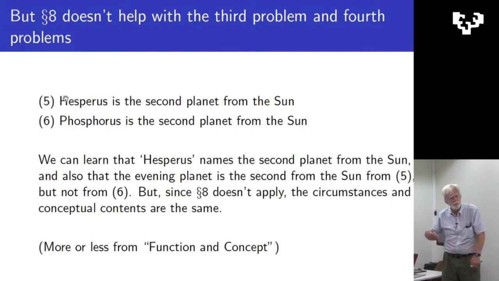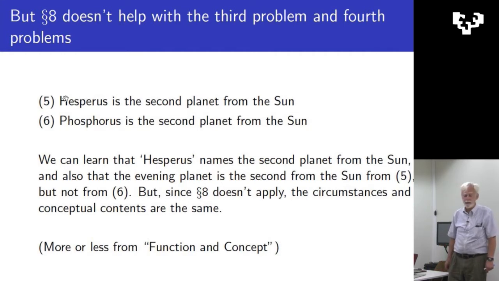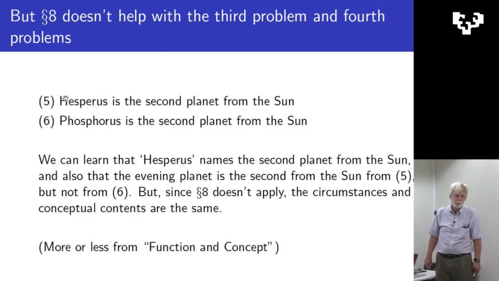And then if you know the senses of those, you can learn astronomical facts, and you haven't met this famous earth-shattering Babylonian astronomer yet, so you don't know that Hesperus is phosphorus. You can learn something from 5, namely that the first planet in the night sky is the second planet from the sun, that you can't learn from 6, and something from 6, namely that the last planet to disappear from the morning sky is the second planet from the sun. Now, if you learn them both, you could use logic to deduce. But anyway, so that's a problem, and that is not solved by this Section 8 theory.